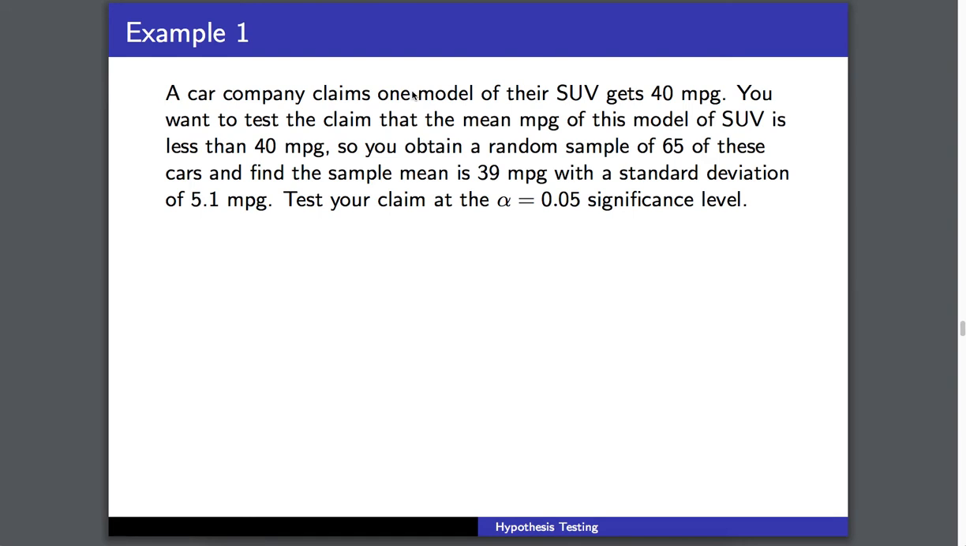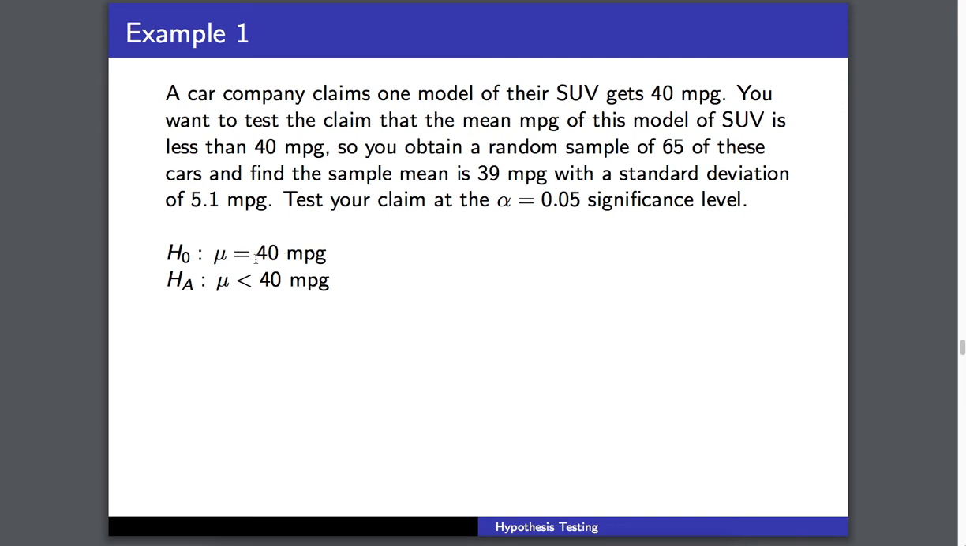is 39 miles per gallon with a sample standard deviation of 5.1 miles per gallon. Again, this is a sample standard deviation. So test your claim at the 5% significance level. So for this one, we have, okay. Our null hypothesis is that the mean miles per gallon is 40 miles per gallon, or